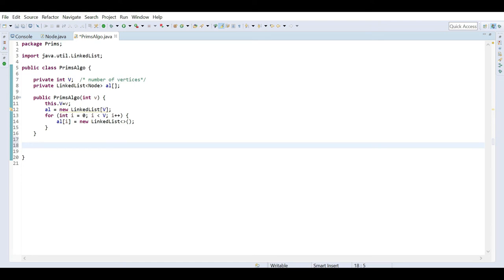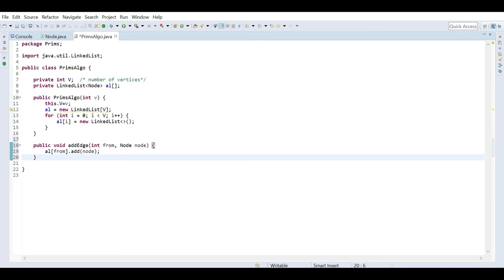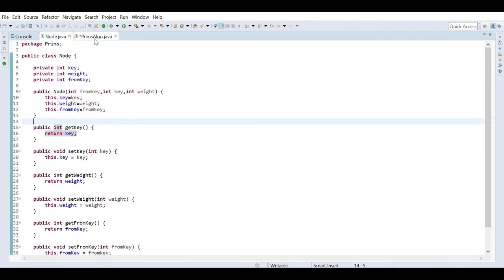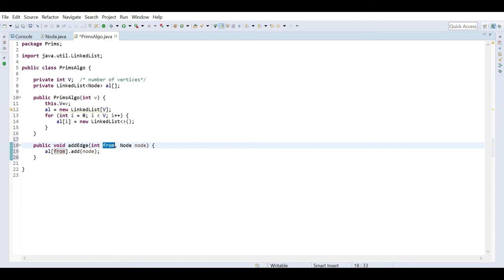Now I have to implement one add edge method. That add edge method will add an edge to the graph, where I have to define integers like from and to the node. If you have seen in the previous section what I showed, 0 was my node, and I was adding to the linked list the adjacent nodes. All of them are of type node, which contains these 3 values, that I will supply and create the edges.